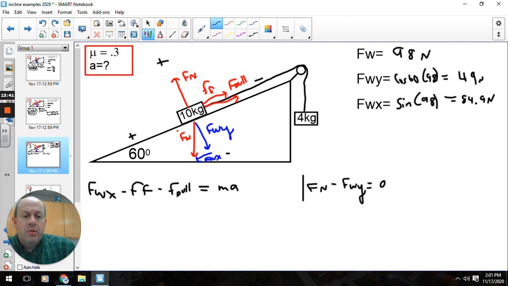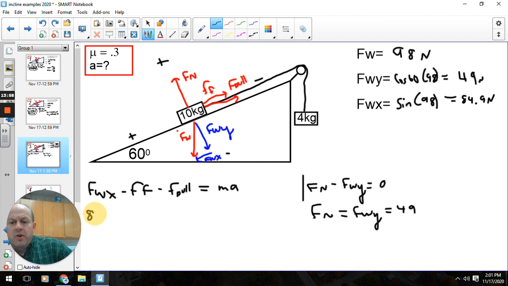So now we can plug in to where we know. Force normal equals force weight y, which we set up here was 49 newtons. And then over here we have our force weight x, which we know was 84.9, minus our friction. So friction is normal times mu, so 49 times our mu value was 0.3